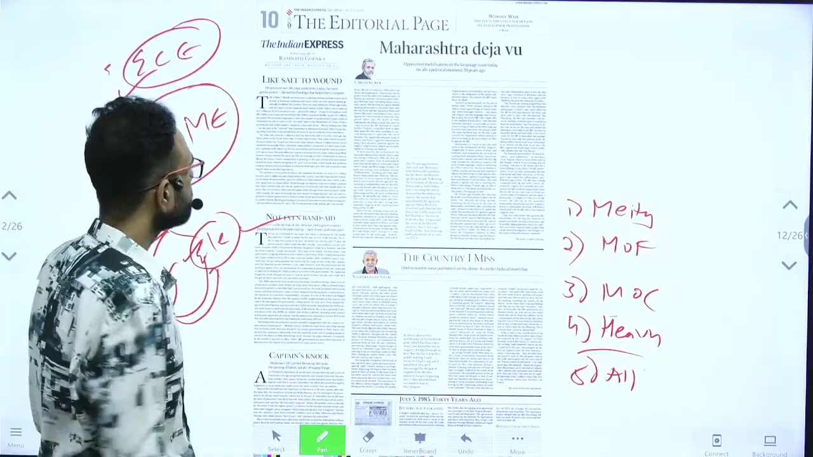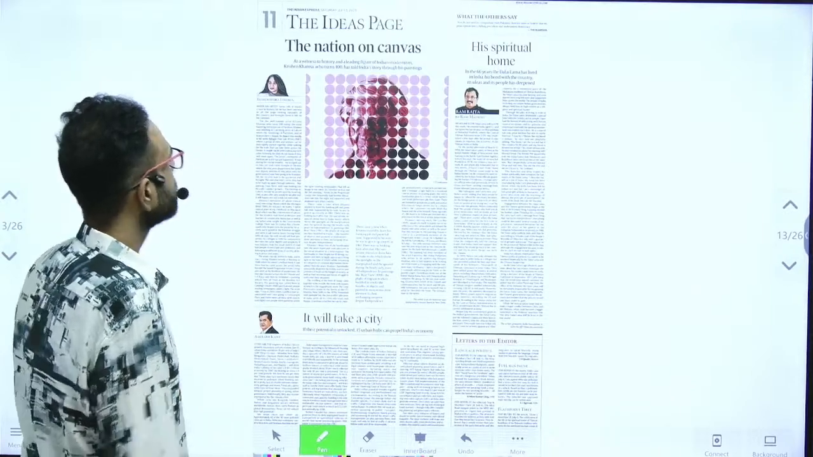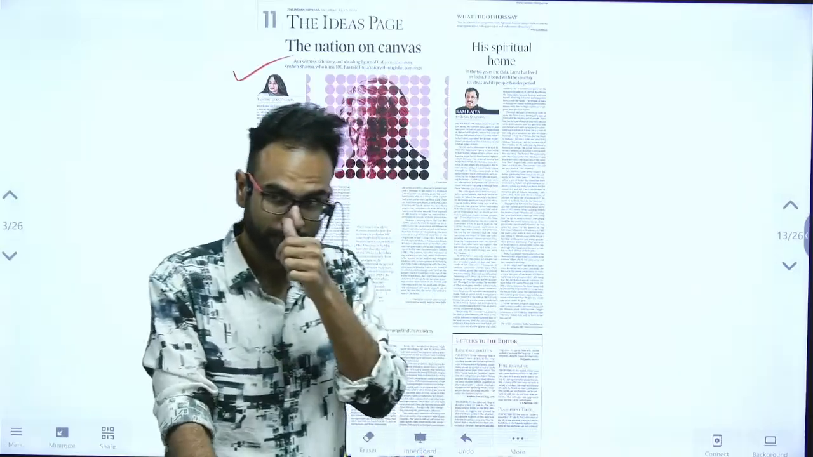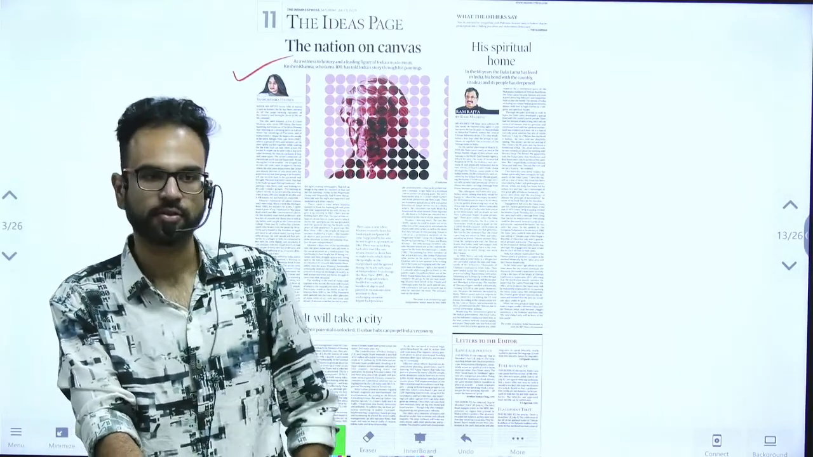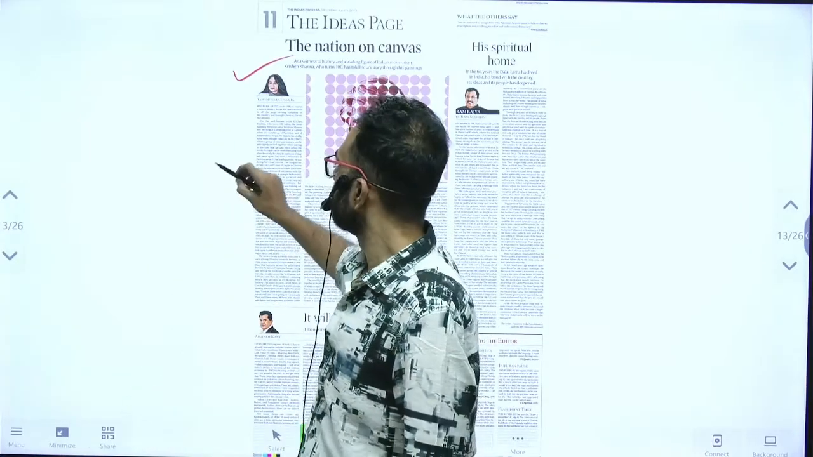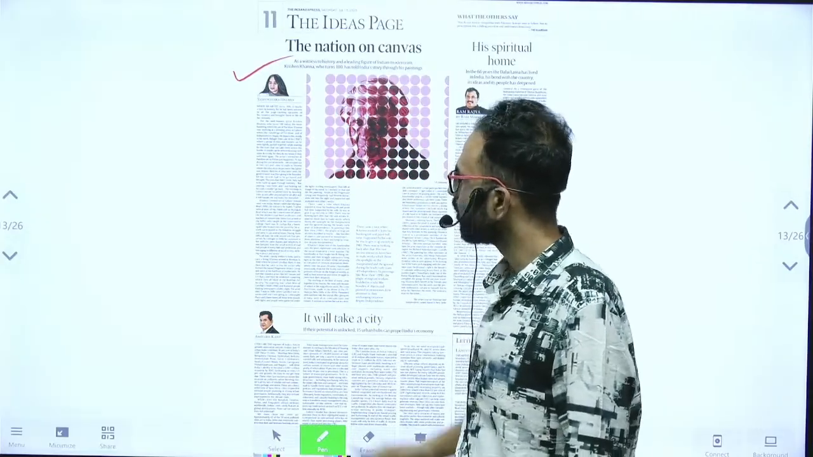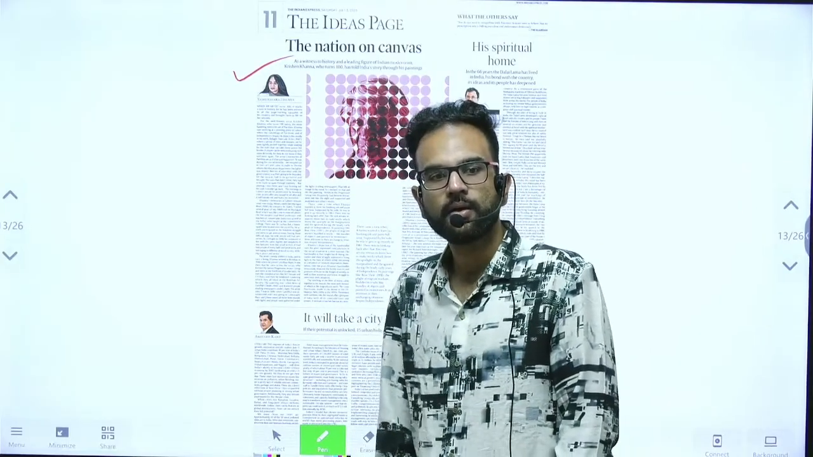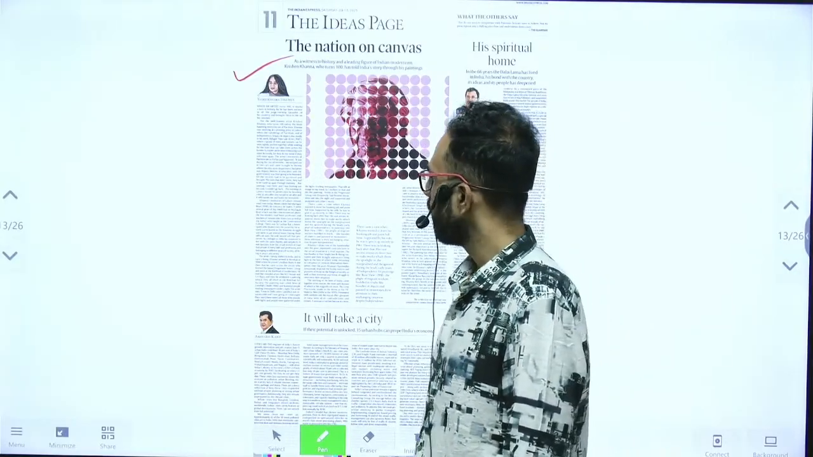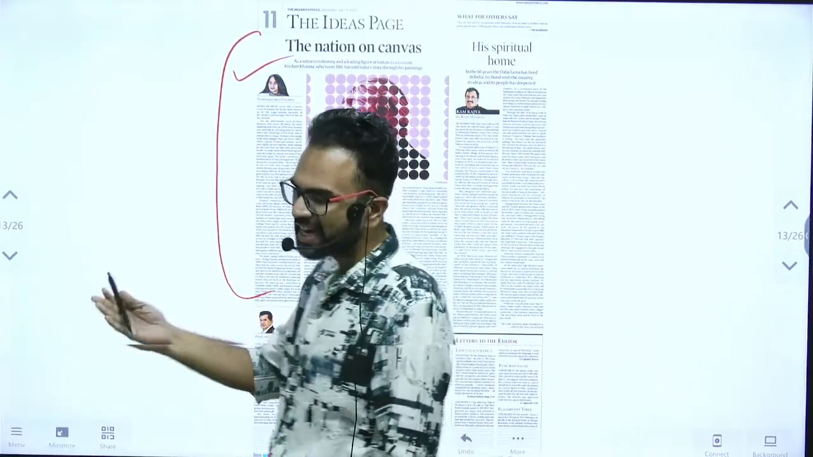Yeah, so this is the gist of this article. The Nation on Canvas. This is about Krishen Khanna, who is a famous artist known for his contributions to the post-independence era. Long story short, what do I take away from this article? Because this is more like a tribute to Mr. Khanna and his works. What I want you to focus on from this article is there is a tendency of UPSC